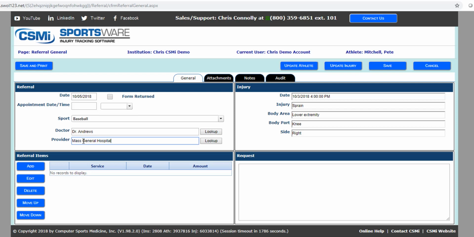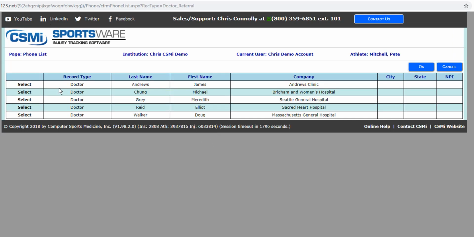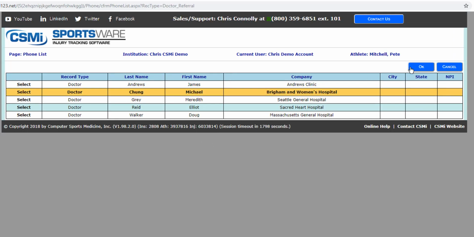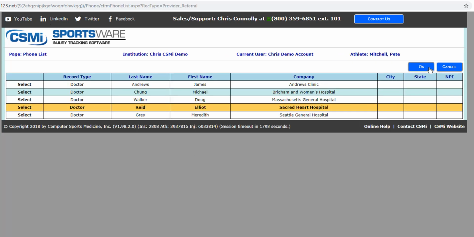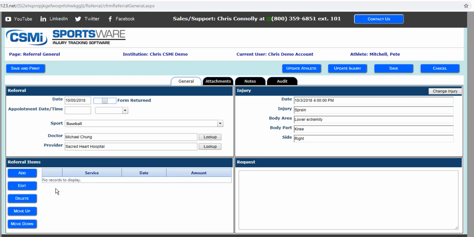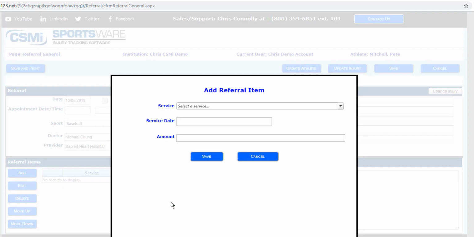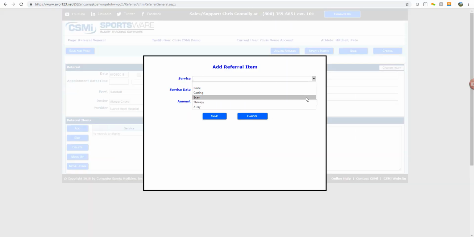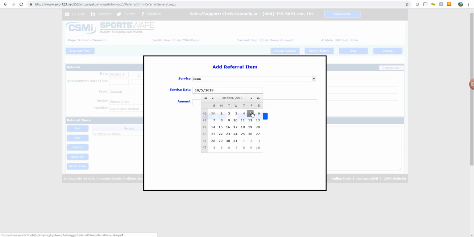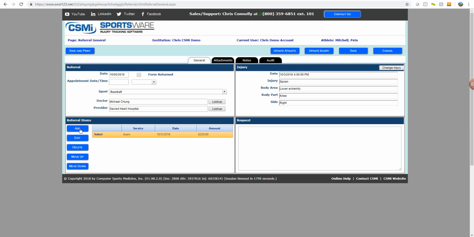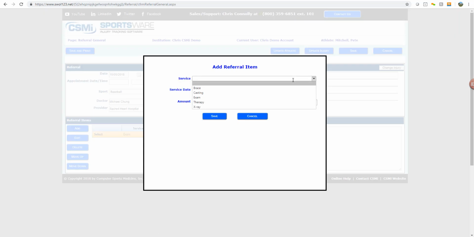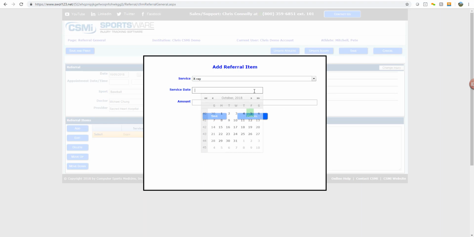If you have commonly referred to doctors and providers, you can add them into the system through your phone database and use that lookup button to select from the list of commonly referred to doctors and providers. Then at the bottom we can hit the Add button and add in the different services that you're referring the athlete out for. You can include the service date and the dollar amount that service goes for if you'd like. To add in additional ones, just click the Add button again and add in additional services based on what the